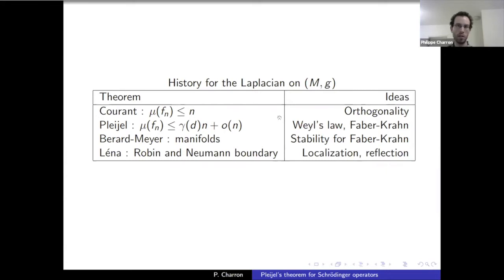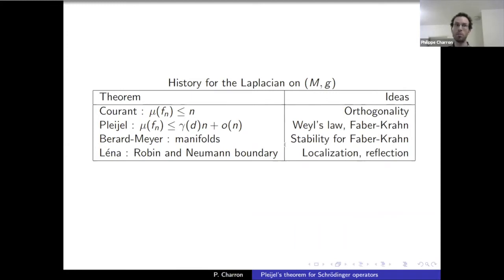And there was this third result, which actually, there's one more that I did not mention. It was by Josip Wojtowicz in 2009, that if you were in dimension 2 and your boundary was piecewise analytic, then Pleijel's theorem also holds with Neumann boundary conditions. The idea was to count the number of nodal domains that touch the boundary. So basically, you can say nodal domains either touch the boundary or they don't.